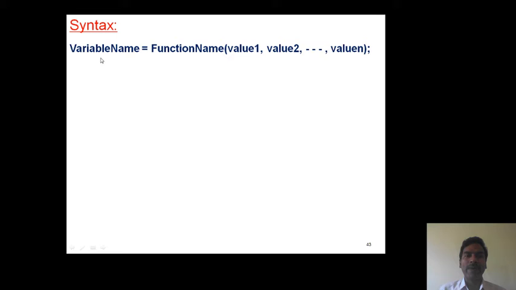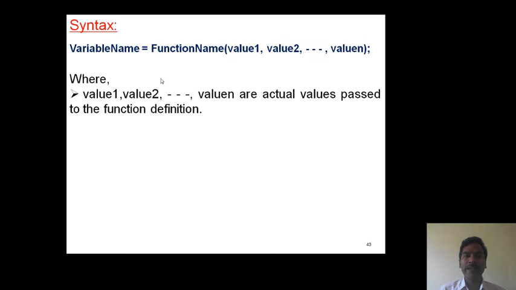Syntax: variable name equals function name of value 1, comma, value 2, comma, and so on, value n. This line must end with a semicolon. Here value 1, value 2 and so on up to value n are the actual values which are passed to the function definition.